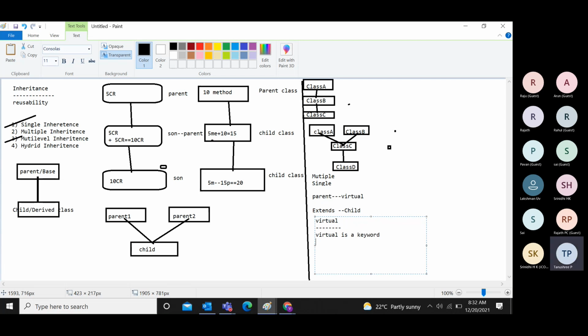Only those classes which are defined as virtual can be inherited. Only those classes which are defined as virtual can be inherited. Example: